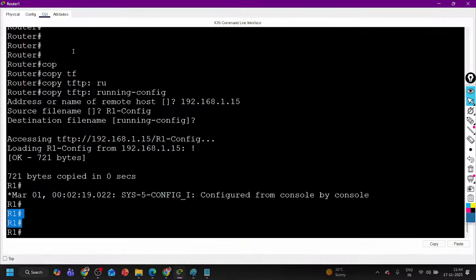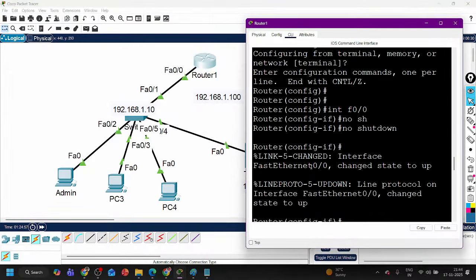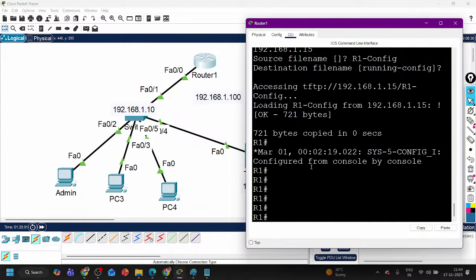Earlier the host name was what? Router. Now that means what? Now it has recovered the configuration, reloaded the new configuration right from the TFTP server. Similarly,